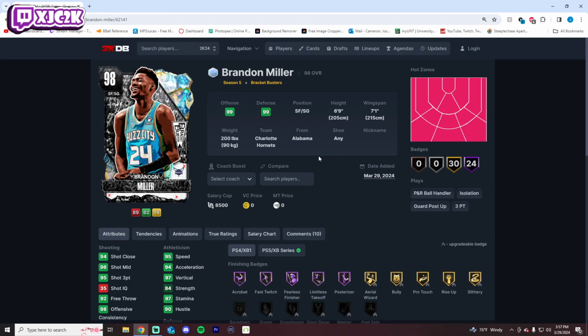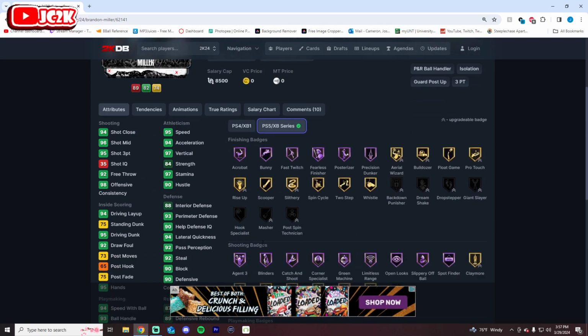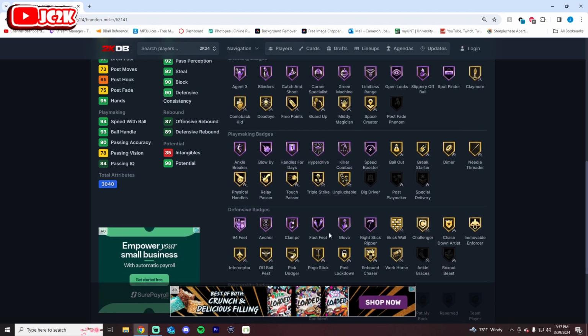I really like this card. Gameplay has not been dropped on him yet, but I did already record it. It will be posted tomorrow morning. 6'9" with a 7'1" wingspan. He does a lot of things well, man. He's got really solid animations, but he's also really big for a shooting guard at 6'9", like I said. Really complete badges as well. Even has gold movable enforcer, which I'm kind of surprised he's got,